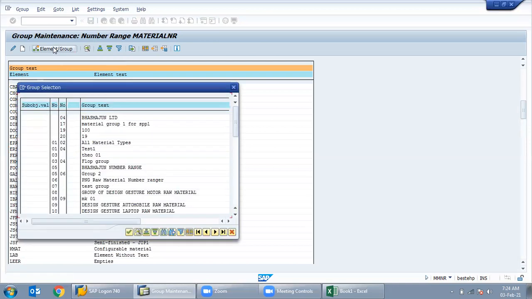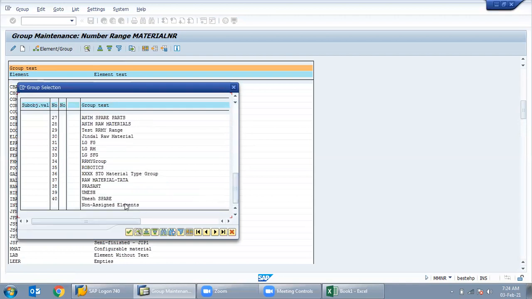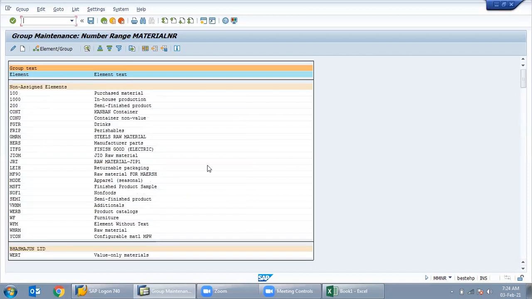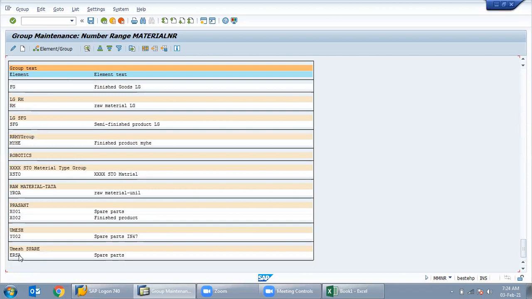Just click on here. You will see all the groups. Your group is here, Umesh spare, that is 40. Just double click on Umesh spare, and now see that ERSA has come under Umesh spare. See the last one. Understand? Got it, Umesh?